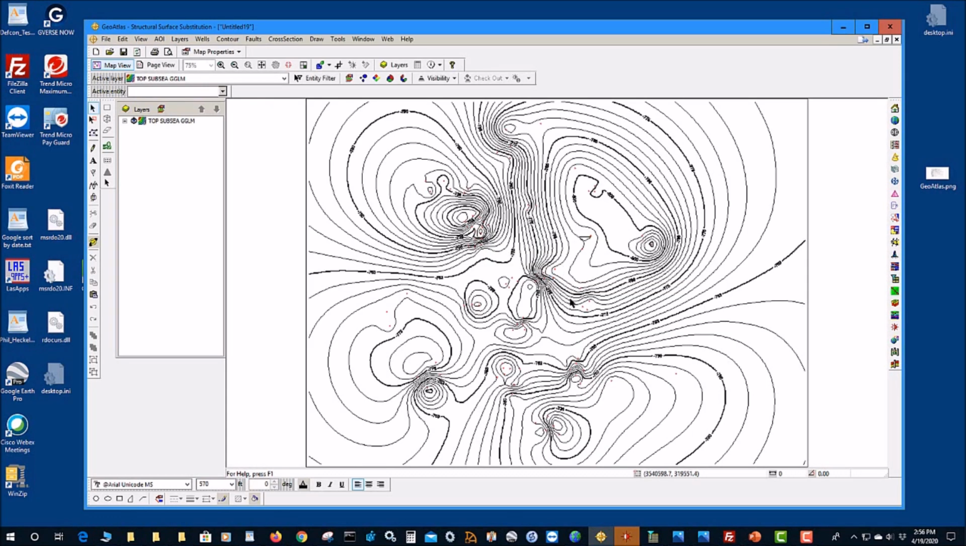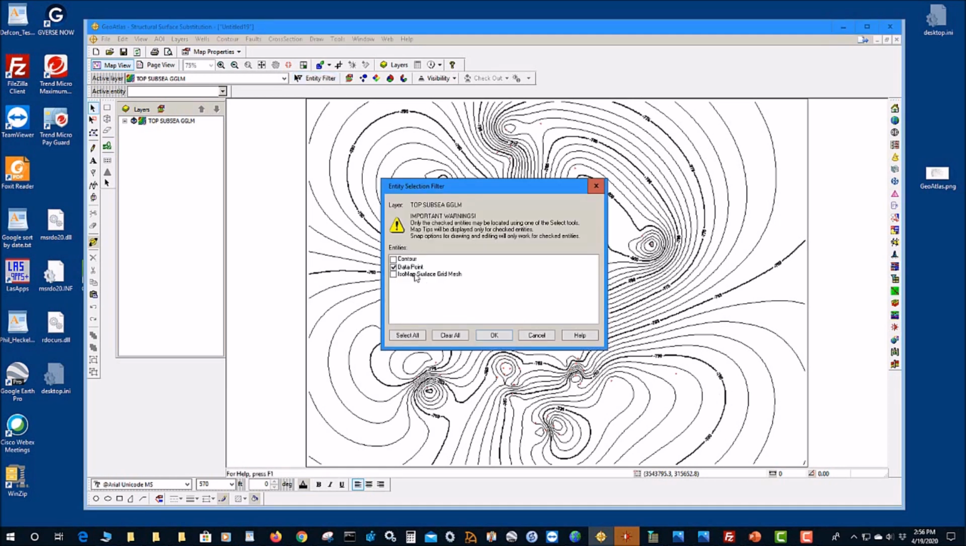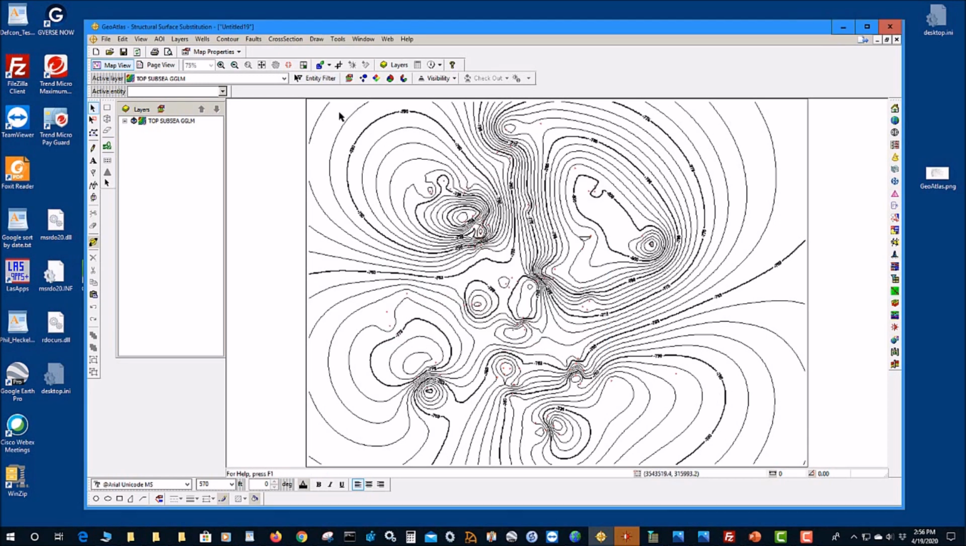Here it is. This is a structure map, and you'll notice that there's some rather crazy edge effects here. In fact, if I go to the entity filter and I make sure that data point is the only entity that I can actually select by unchecking everything else, I can use my selection arrow, draw a box, and I guess you can make out those blue highlighted data points. So you can see they're clustered in the central 50% or so of the map,